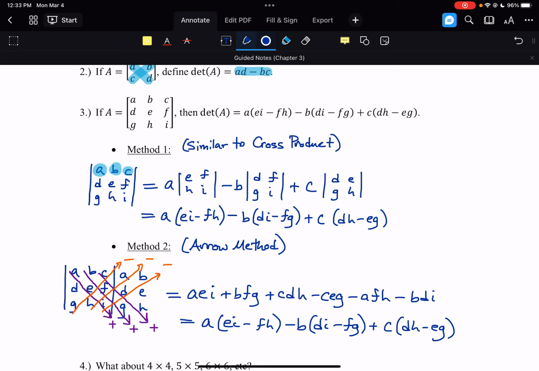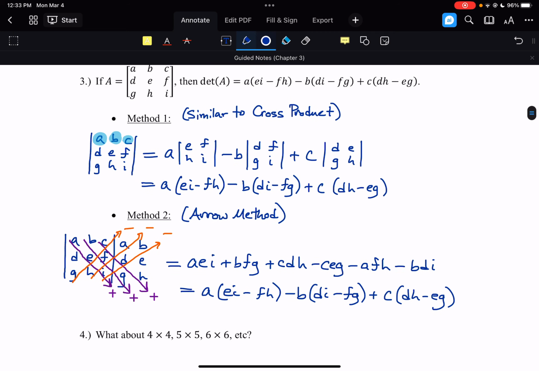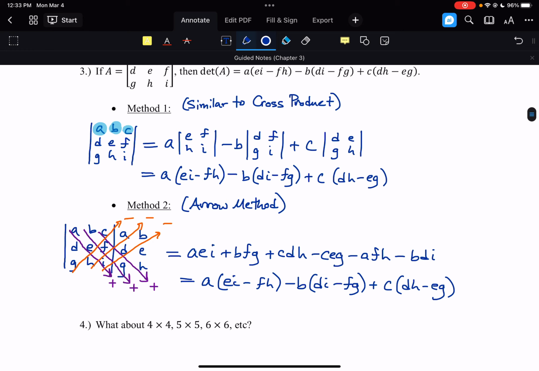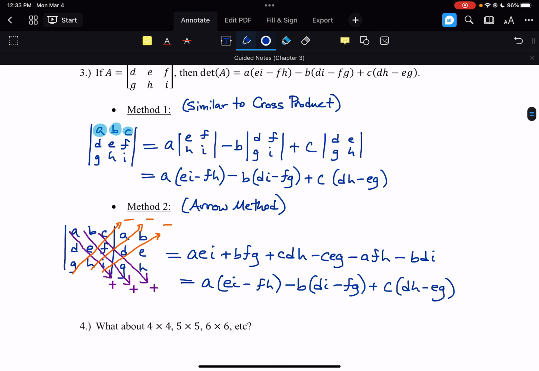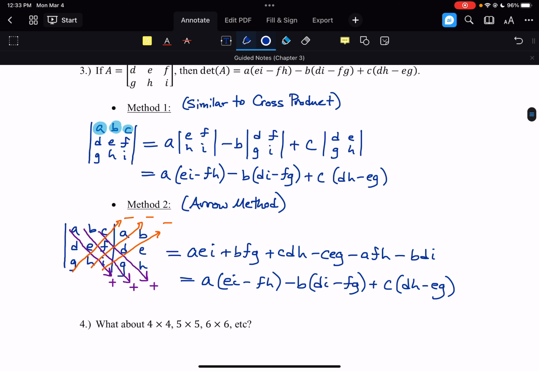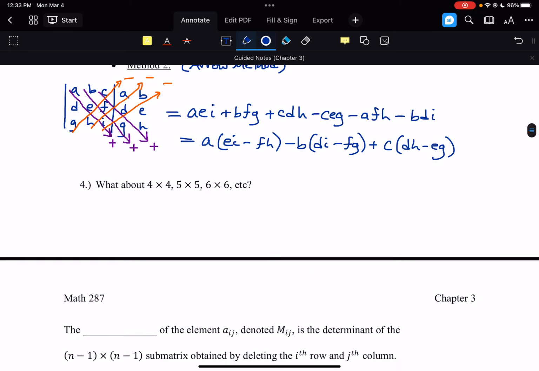Now, once we move past 3x3s, the methods are not quite as clear-cut. So, a 1x1, the determinant is just the term. 2x2, we have AD minus BC. 3x3, we have these two alternative methods. All of these methods do not work for 4x4s and larger. We have to come up with another way to determine a determinant for larger matrices. So if we look at the next page here,